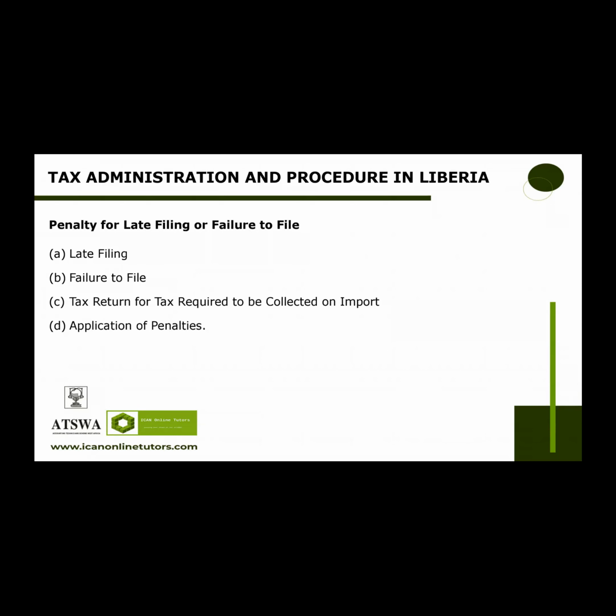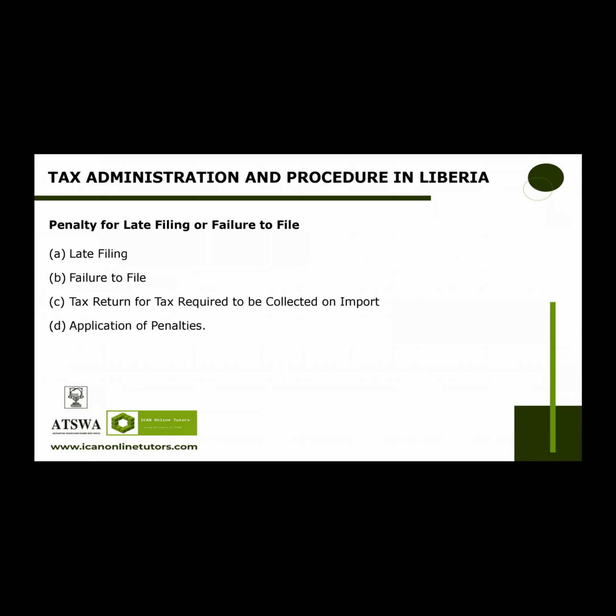is late. And then for failure to file, if a taxpayer fails to timely file a return other than a tax return that is required to be filed monthly, and the failure continues for more than 3 months after the deadline, the taxpayer is considered to have failed to file as of the first day after 3 months period and is subject to the failure to file penalty. If a taxpayer fails to timely file a return that is required to be filed monthly and the failure continues for more than 1 month after the deadline, the taxpayer is considered to have failed to file as of the first day after the expiration of 1 calendar month after the filing due date